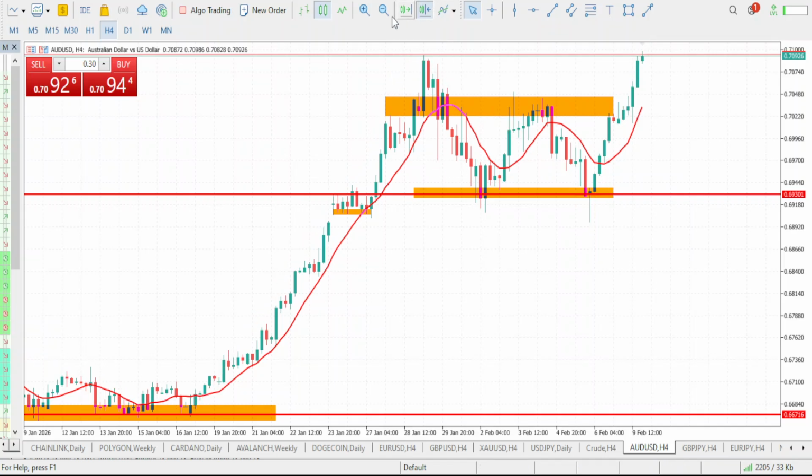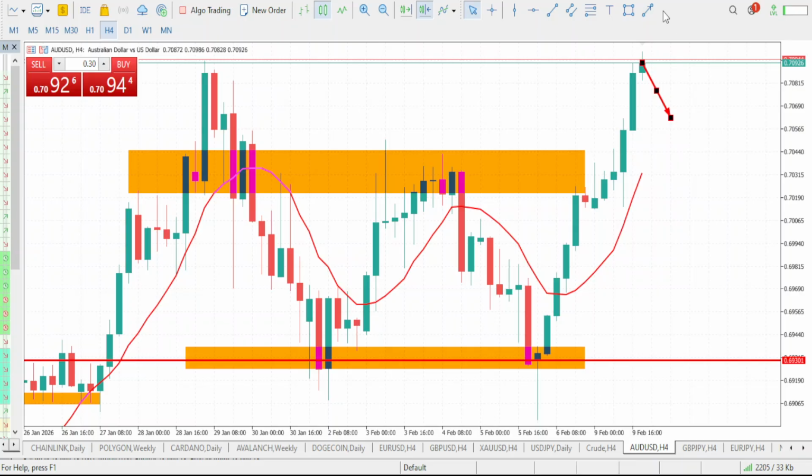So all you just need to do is wait for your pullback if you want, which I think will be safe, by the way. Wait for your pullback on your AUDUSD and then go for the buy. So once the London session opens, be looking for your buy setup on AUDUSD.